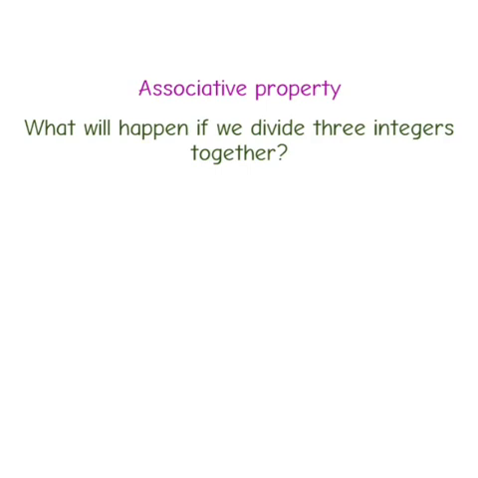Next property is associative property. Now you know that the division of integers is not commutative. Since change in order changes the answer, the associative property does not hold for division. Let's check it out. What will happen if we divide 3 integers together? Let's divide these 3 numbers: 40 divided by 4 divided by 2. Here we can form 2 groups to divide the numbers. First we divide 40 by 4 which is 10, and then we divide 10 by 2 which is 5.